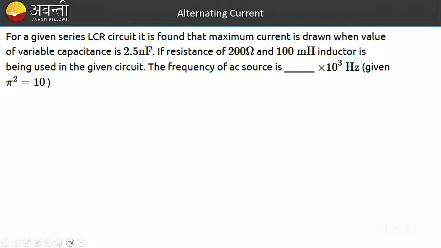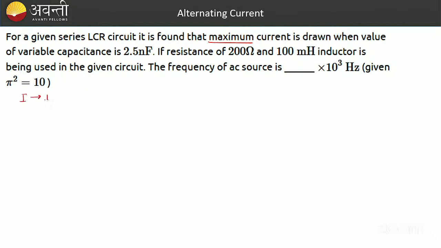अब देखो, सीरीज एलसीआर सर्किट अभी हमने डिस्क्राइब किया था. It is found that the keyword is maximum current. तो मैक्सिमम करंट कब ड्रॉ करेगा? When the maximum power will be consumed, and maximum power will be consumed when cos phi will be 1, and cos phi is nothing but R by Z. ठीक है. So we can say